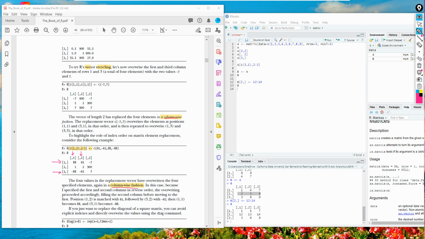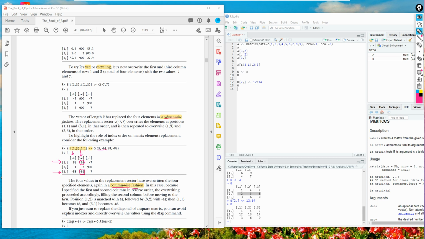So first, this 65 and minus 65, the 65, the first column. And then this second row, and this will be minus 65.